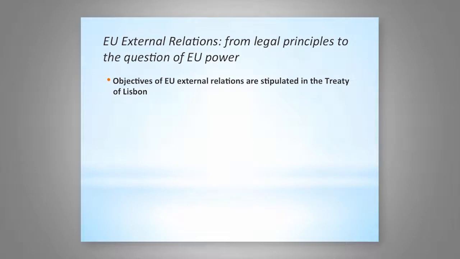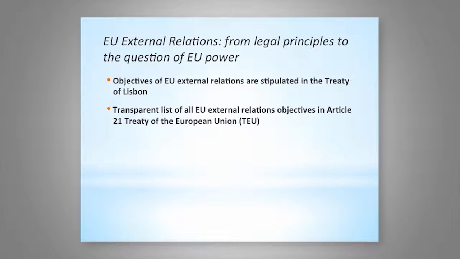When we want to explore the guiding principles of the EU external action, we can start by looking at the Treaty of the European Union. In fact, all objectives of EU external relations are stipulated in the primary law of the Union. A transparent list of all EU external relations objectives can be found in Article 21 of the Treaty of the